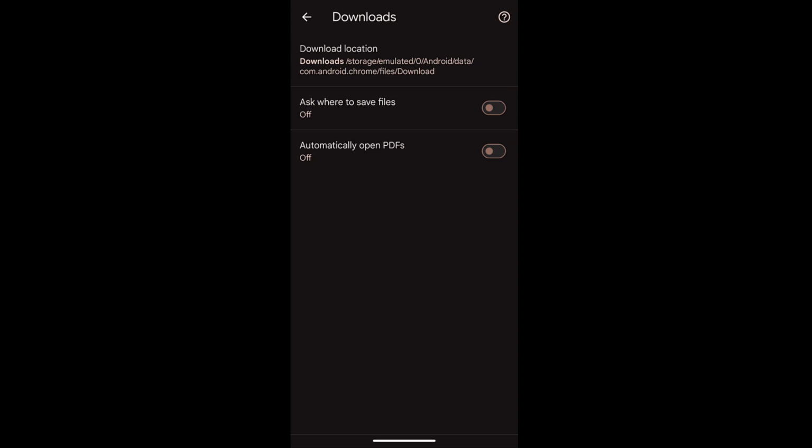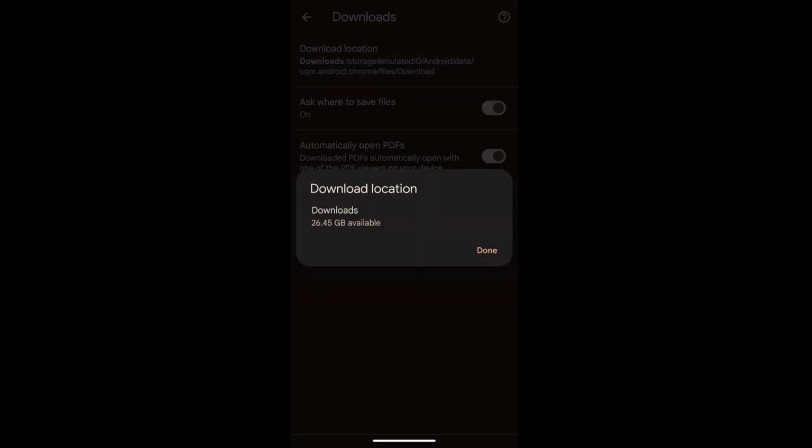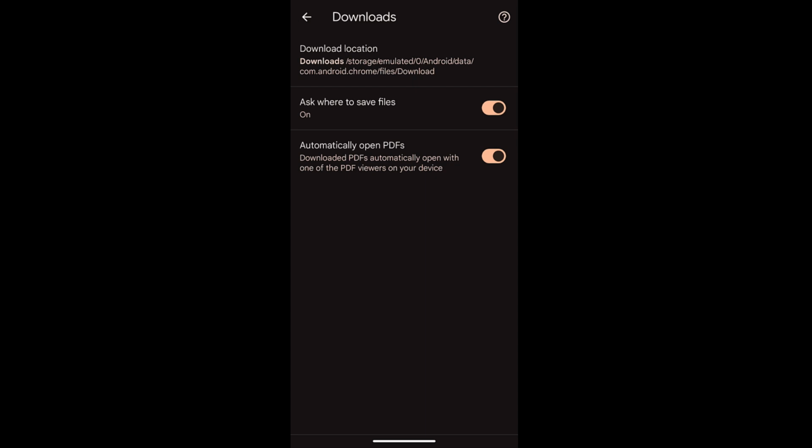the files. So if I enable this option, it will ask where to save the files, and it will also have the option to automatically open the PDFs. So I can just enable this option, which will automatically open the PDF in the PDF viewer. Now unfortunately I cannot change the download location, but if I enable this toggle switch, ask where to save the